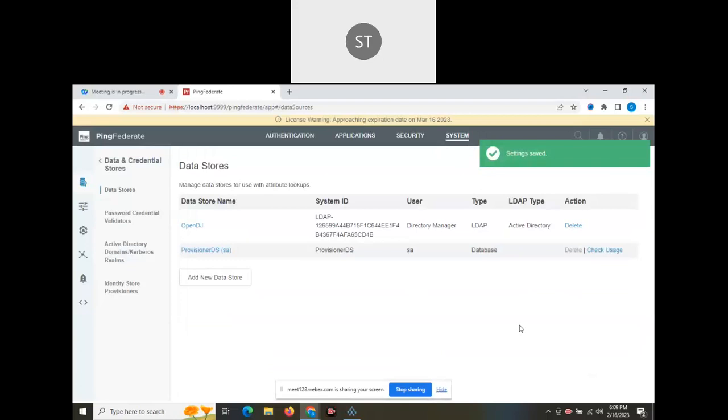We have connected our data store with the access management tool. But before coming, okay, let me stop the